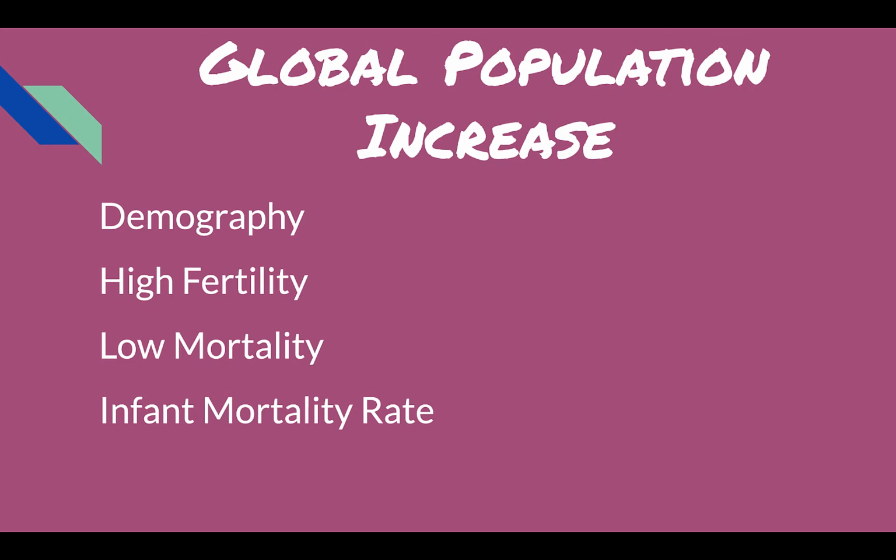Some people study those factors of demography, but the most common ones when it comes to population increases are high fertility, low mortality, and infant mortality rates. Fertility is just the incidence of childbearing in a country's population. One measure of a society's fertility is the crude birth rate, which is the number of live births each year for every 1,000 people in a population. So, all other factors being equal, the higher a nation's fertility, the faster the population is increasing.